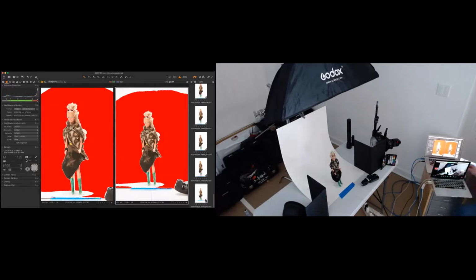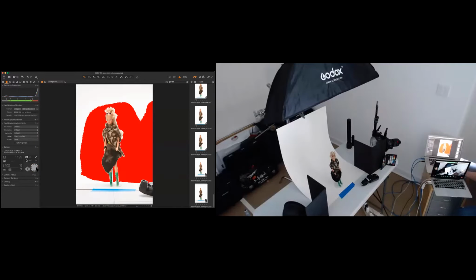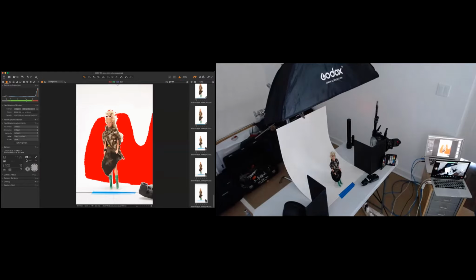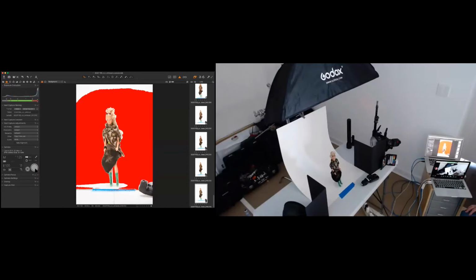So again, I'm going to stop down to 9 just to make sure I'm okay on this and not blowing anything out too much. I've still got a little bit too much light on this side over here. So one last adjustment and we should be good to go. Yep. So that's at F9, and this is at F8. And that is what you are looking for.